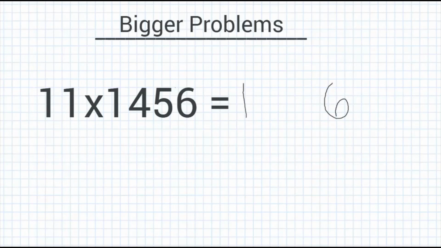So first we are going to add 1 plus 4, which is 5, and then 4 plus 5, which is 9, and 5 plus 6, which is 11, and we're going to have to carry over. So your final answer should be